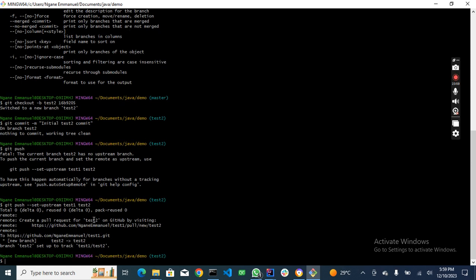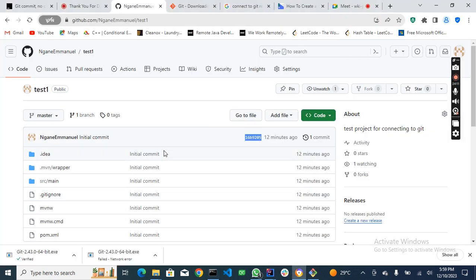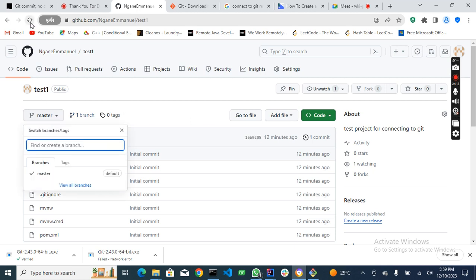So it's now pushing our local git branch to our main git repo, and it is done. So if we check now, we go to our git page. If you refresh this page, you should get